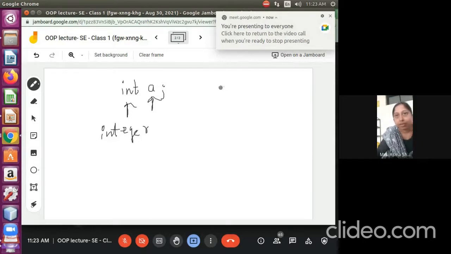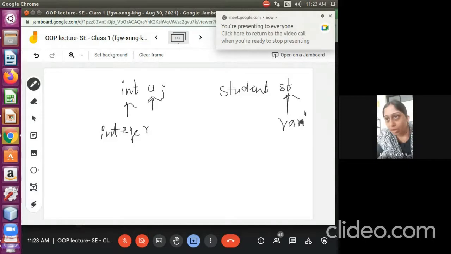Now when I write student st, what are we specifying here? st is my variable name, a variable of type student.